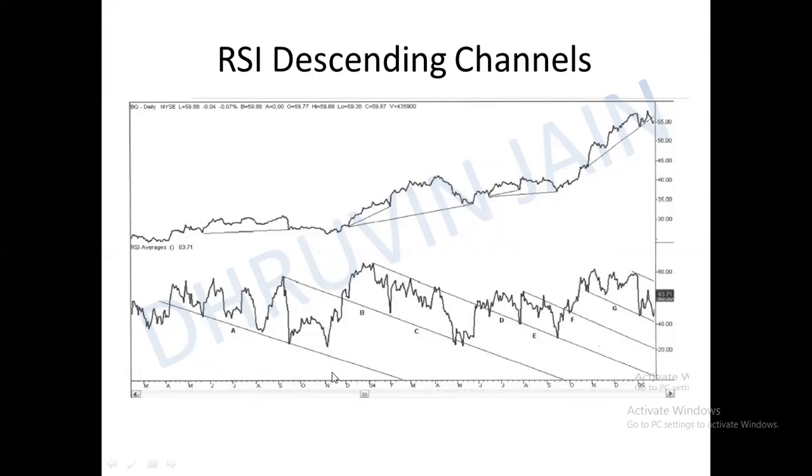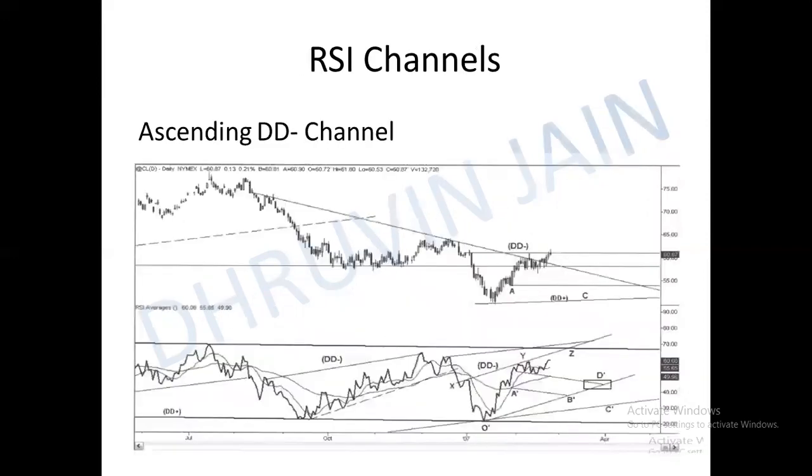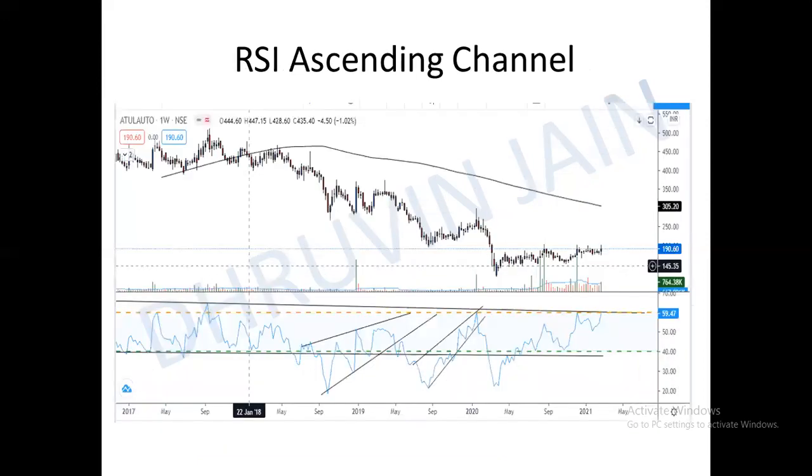To give a good shape to the RSI, we use the concept of segmentation and channeling. In here too, I have placed the segmentation. This is the segmentation channel of a descending channel. The broader channel is a descending channel. That means the price is making lower structure, and the overall descending channel is thus showing that the RSI is facing downward. That means it is not really a good structure.